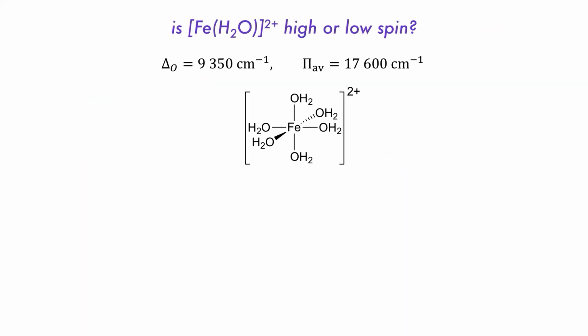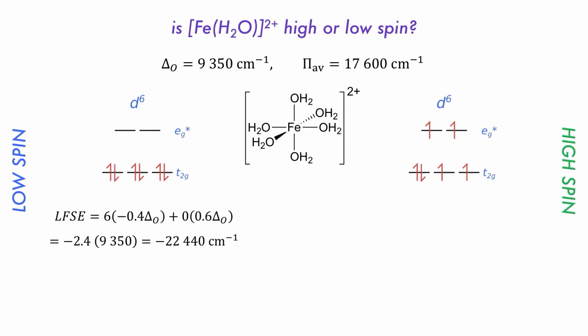How do we use ligand field splitting energies and electron pairing energy? Let's determine if this hexa-aqua iron complex is low spin or high spin. For the low spin case, the ligand field stabilization energy will be 6 electrons in the t2g set, which gives a ligand field stabilization energy of negative 22,440 wave numbers. The total energy for the low spin case will be 3 times the average pairing energy, plus the ligand field stabilization energy, which gives the energy of the low spin state as